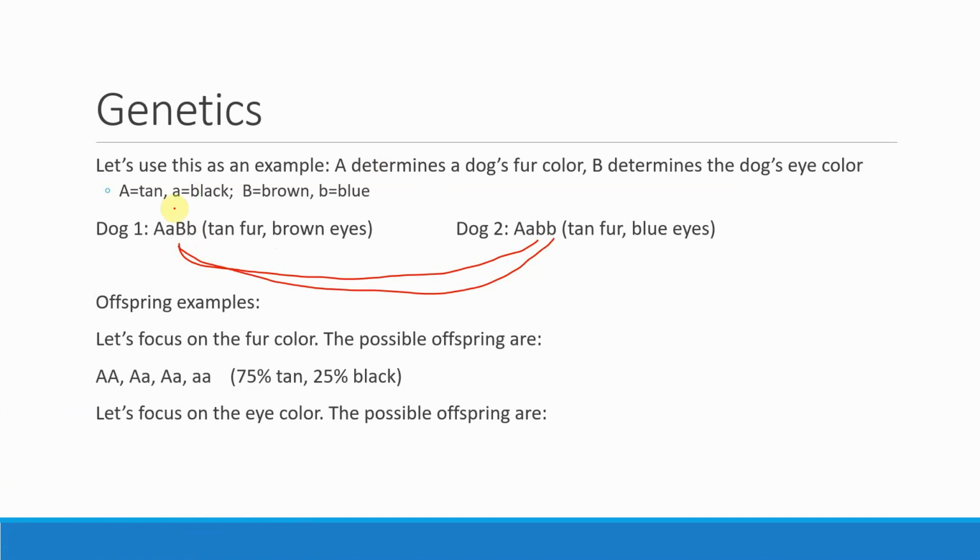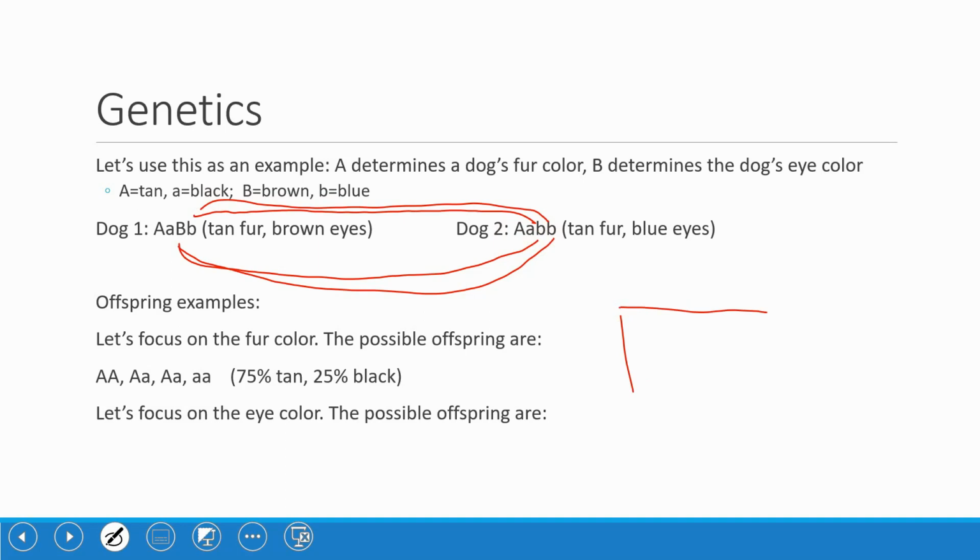So you can see I could have big B, or big B, little b. Those are both my options there. Now if I was to go with the second B of dog 1, in both cases, I would end up with little b. And that's all I would get here. Now if I wanted to do this with the Punnett square, let's draw this real quick. Excuse my terrible handwriting. Let's put dog 1 up top, dog 2 on the side,